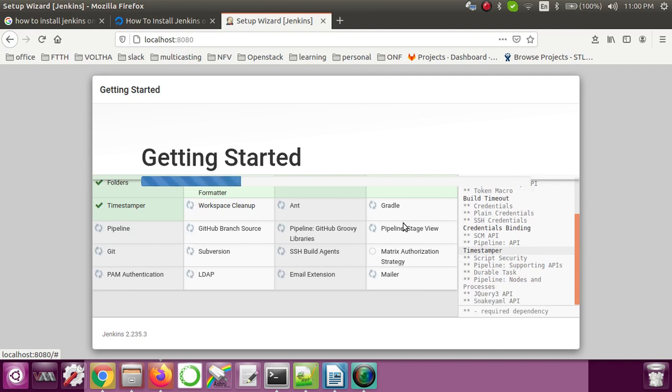So if we are going to start by deploying a Java application, in that case we definitely require this. But we are going to try a simple Python application.